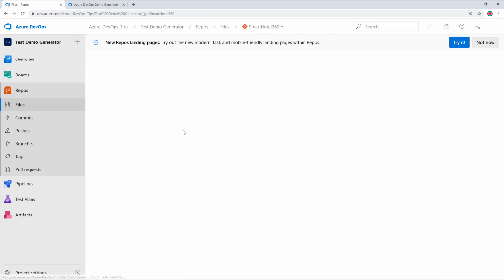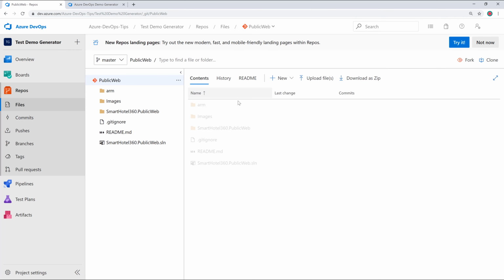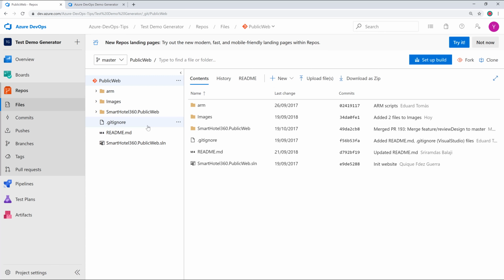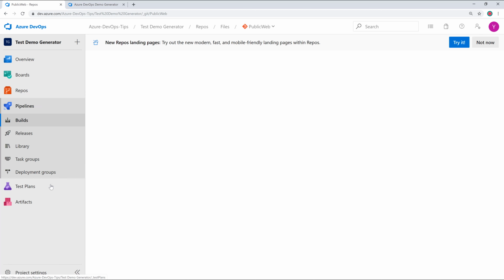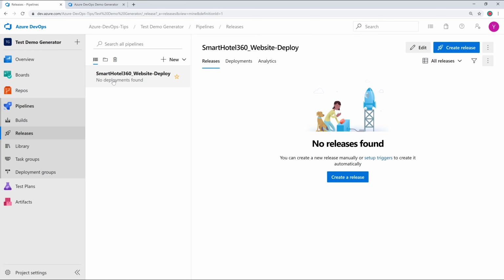If we head over to repos, we've got not just this repository, but also the public web Git repository as well. And then finally, if we head over to the pipelines, we have got a build and a release definition. So as you can see, that was quite straightforward on how to create an Azure DevOps project using a demo